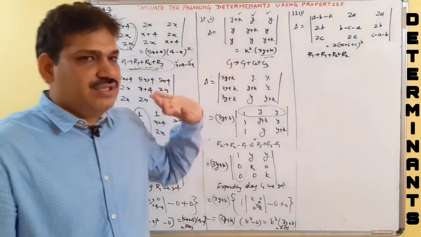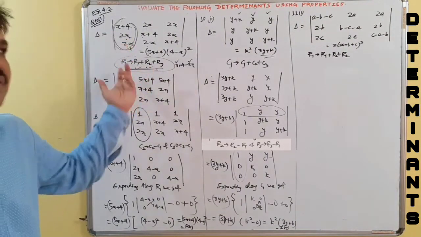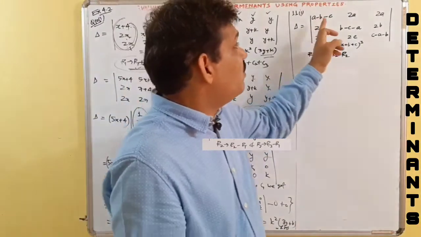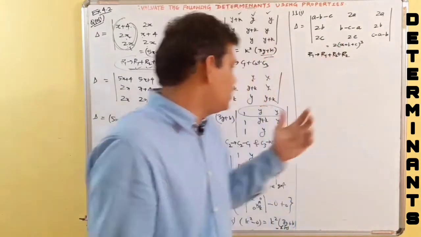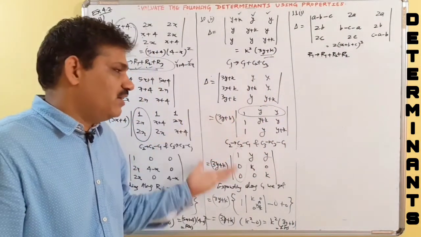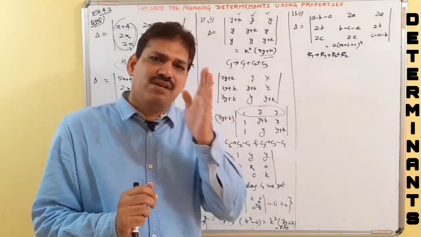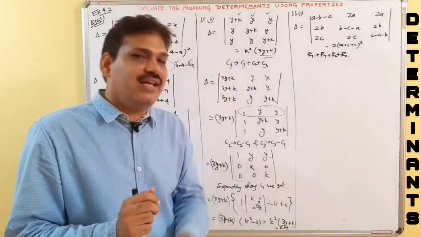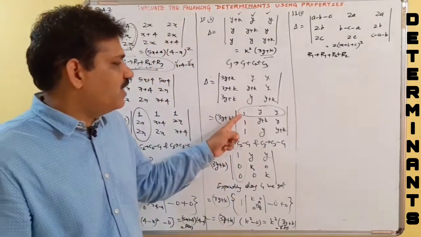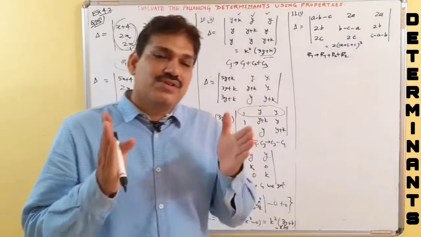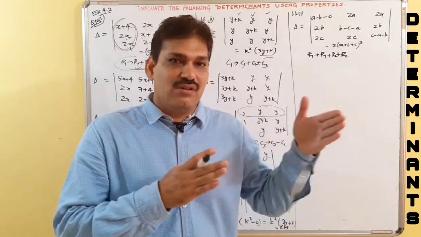So in both these questions, we could have applied R1 becomes R1 plus R2 plus R3, or C1 becomes C1 plus C2 plus C3. But here, if we try to apply C1 becomes C1 plus C2 plus C3, we are not going to get something common. That is, we are not going to get 1 1 1. So that is our aim. What are we to do first? We are to apply some transformations so that we can get all ones or all identical elements in a row or column, so that we can take that element common. After taking that element common, we get all ones in a row or a column, so that we can make 2 zeros and expand. That is the simple procedure we are going to follow in almost all the questions.